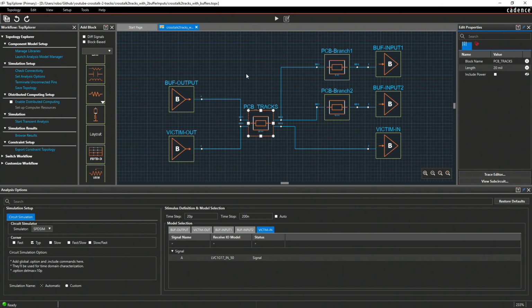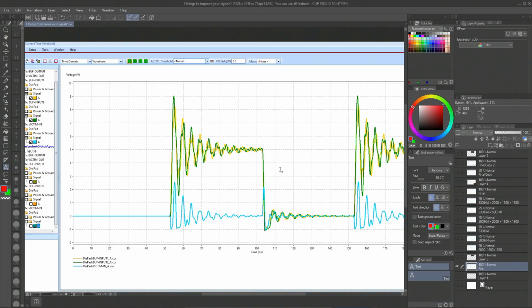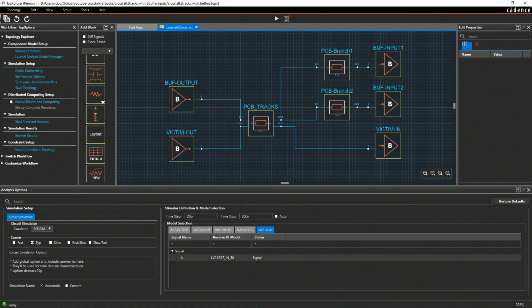So what do you think, what is going to happen now? Is the result going to be still as bad as we can see here, or something is going to change? Don't forget, everything is exactly the same as for our previous simulation, which was really, really bad. Only what we change are these lengths. So have a look at the results.